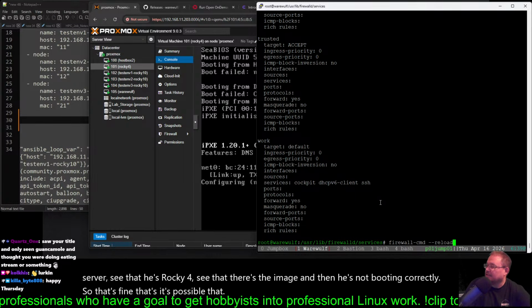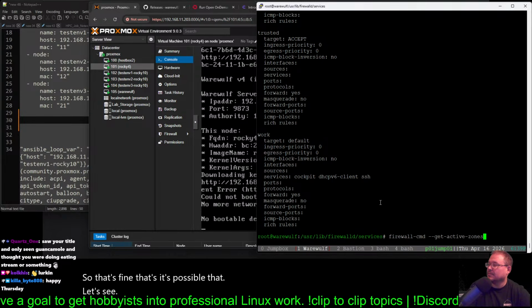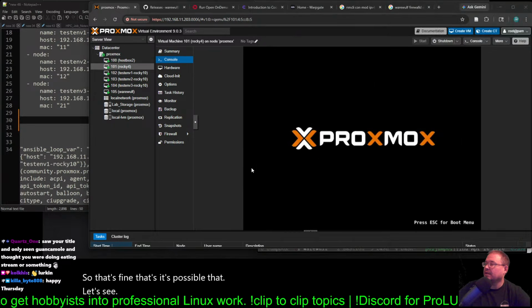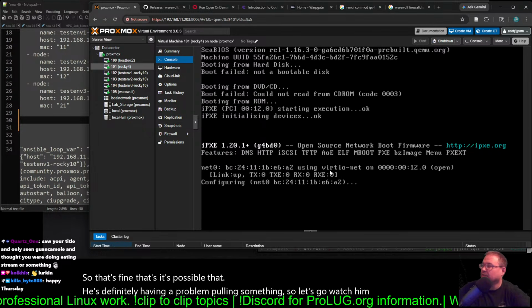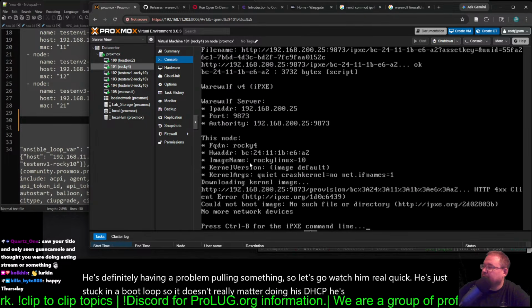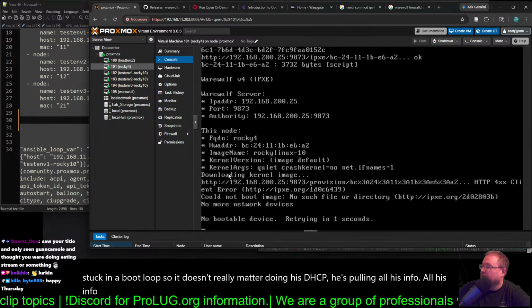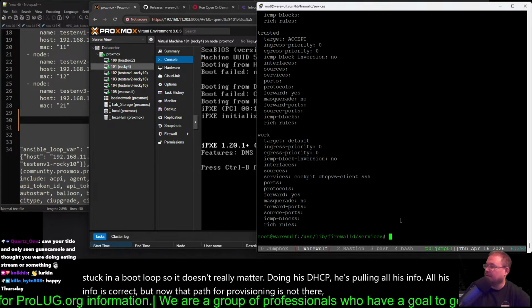It's possible that, let's see, he's definitely having a problem pulling something. So let's go watch him real quick. He's just stuck in a boot loop, so it doesn't really matter. Doing his DHCP, he's pulling all his info. All his info's correct, but now that path for provisioning is not there, which typically means that